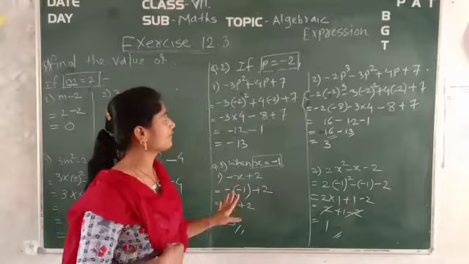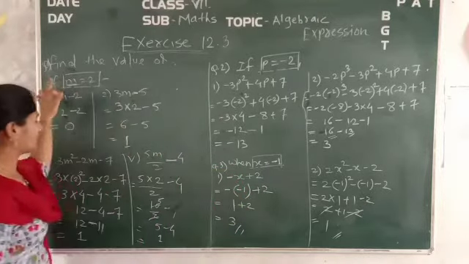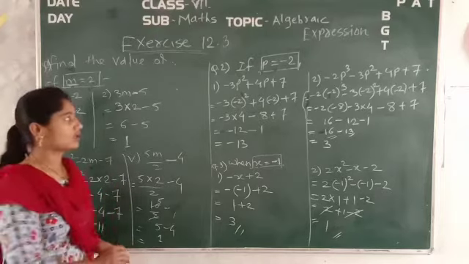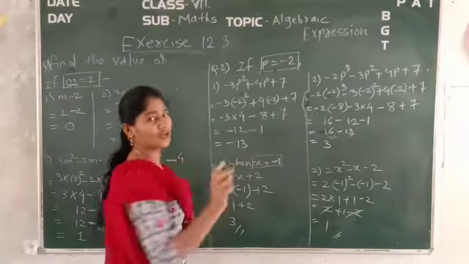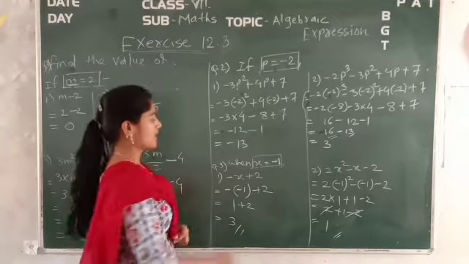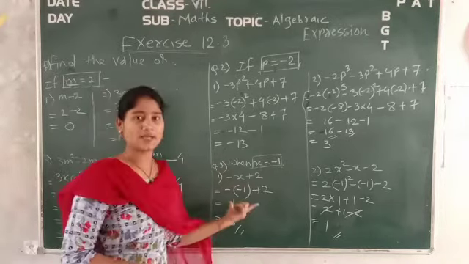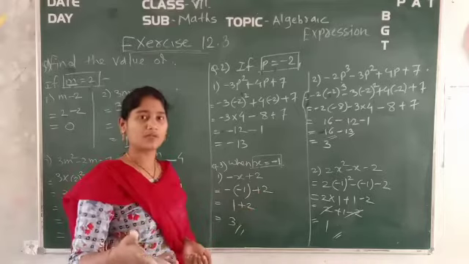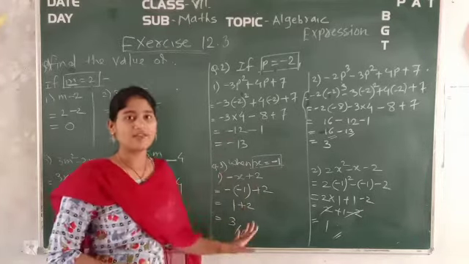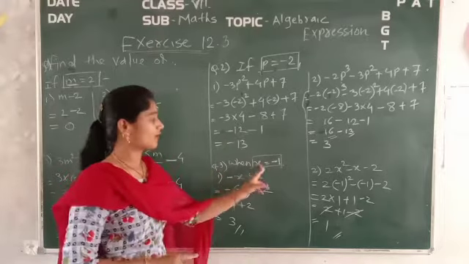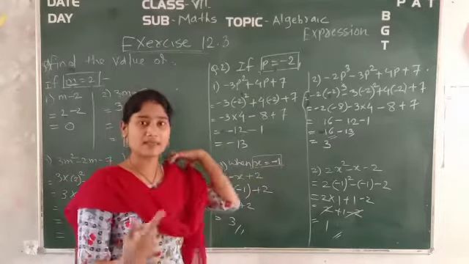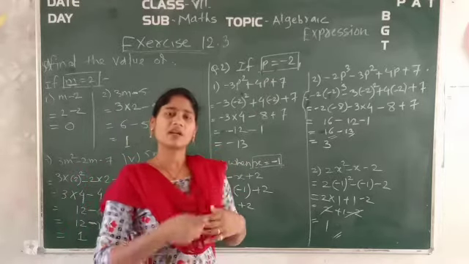Now see, in that same way we have solved question number 1. Within that I have taken 4 examples, the remaining 2 you have to do. Okay, in question number 2 I have taken 2, the remaining one is there which is very simple, that is for your practice. In question number 3 I have taken 2 examples, the remaining 2, whatever it may be, are for your practice. Okay, so see, in that same way you have to put the value of the variable whatever you have been given. It may be minus 1, it may be minus 2, it may be minus 3 or plus 7, whatever it may be.